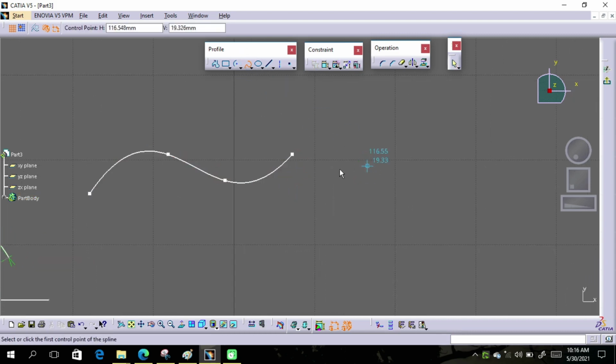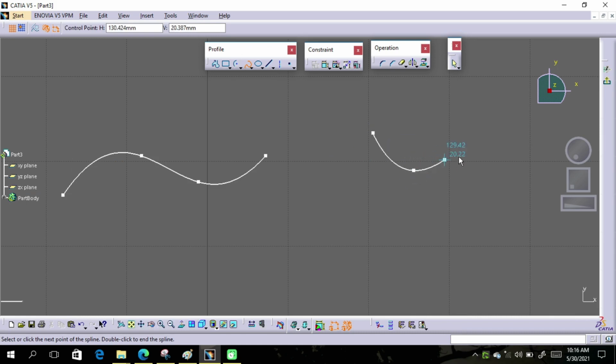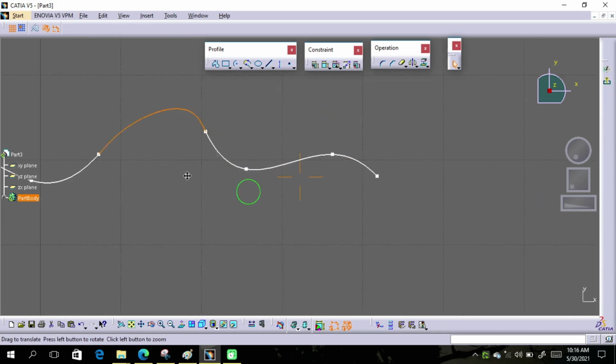Again select this tool and create another spline. If you want to connect both these splines, open the drop down menu and use the connect tool option. Select the first spline, then the second spline, and both splines will connect.